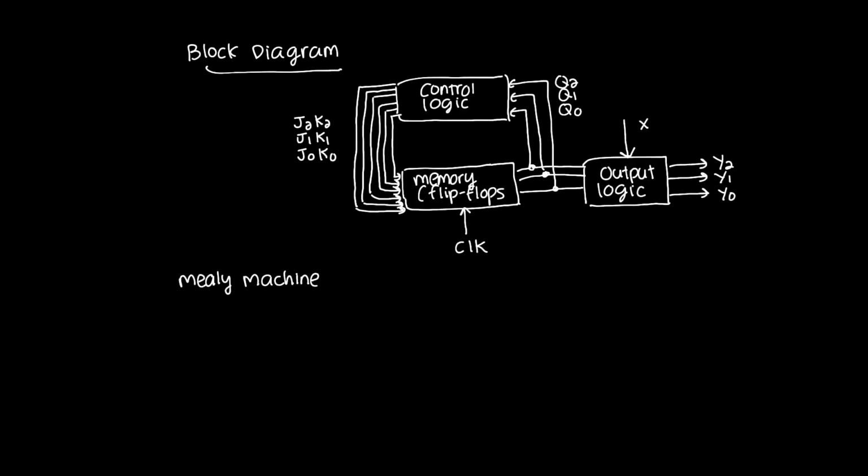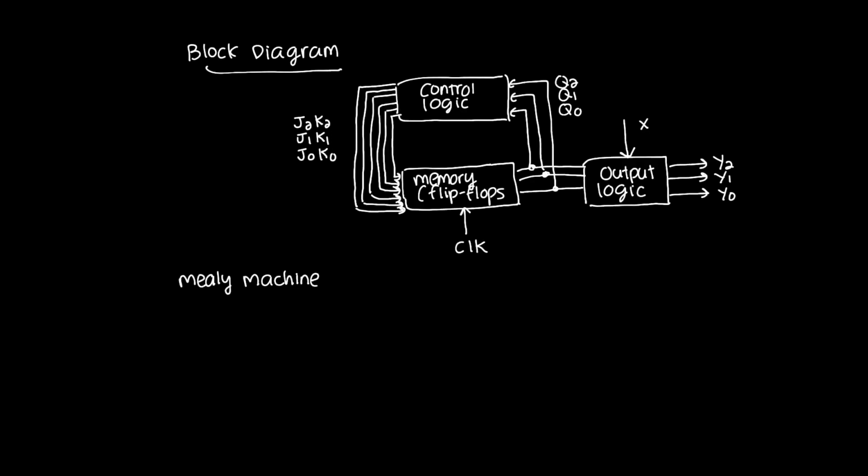In other words, my transition from present state to next state depends not only on my present state, but also on some input. I can have an arrow going in here in a Mealy machine. So this is not what distinguishes it from a Moore machine. What distinguishes it is the presence of this. And why do I care so much about the presence of an input to my output logic block? The answer is